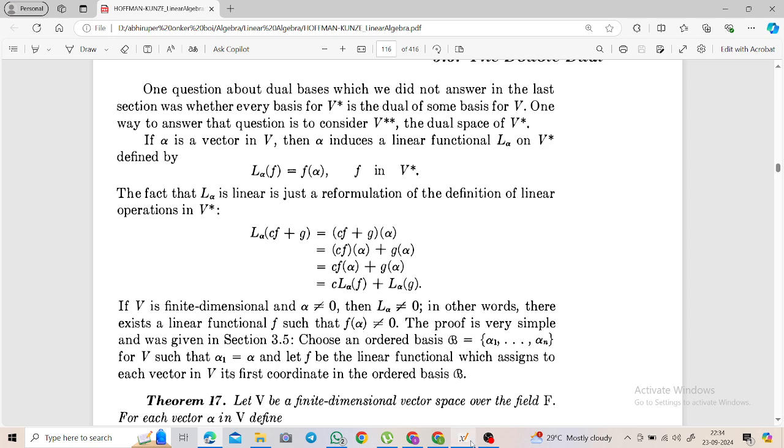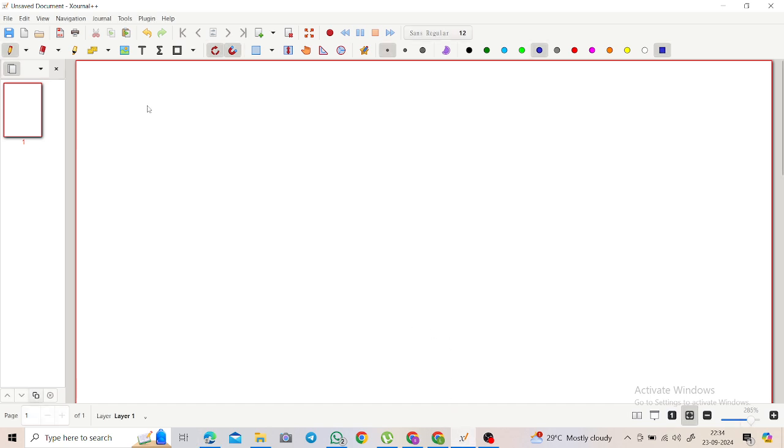So, first, what was we defined a vector space. Okay. So, we have defined